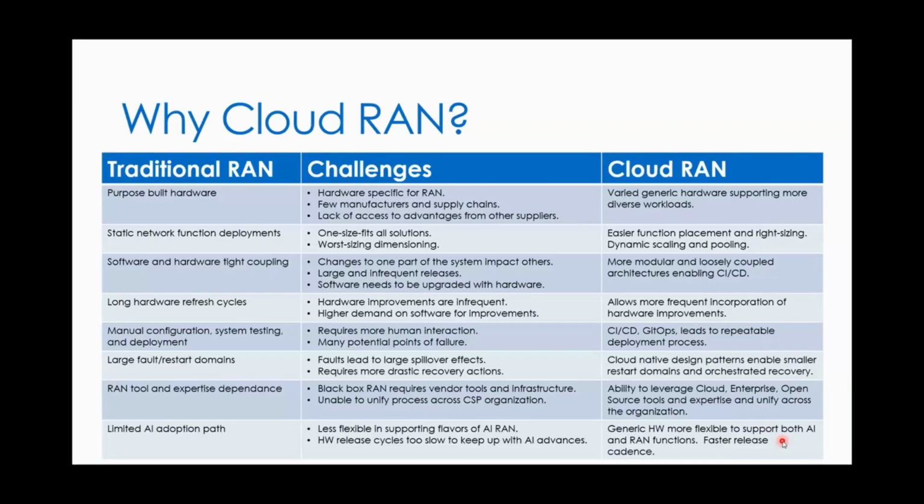And then back to the AI point of view, generic hardware, the advantage of that is that we're going to be able to support a broader range of AI functionality in addition to the RAN. And also with that faster release cadence that AI is likely to have, that more generic and open hardware is going to be better able to support that. So again, there's lots of other reasons besides this, but to me, these are sort of the core ones of why are we looking at Cloud RAN? What do we want it to do? What does it bring to the table that's going to support some of our needs?